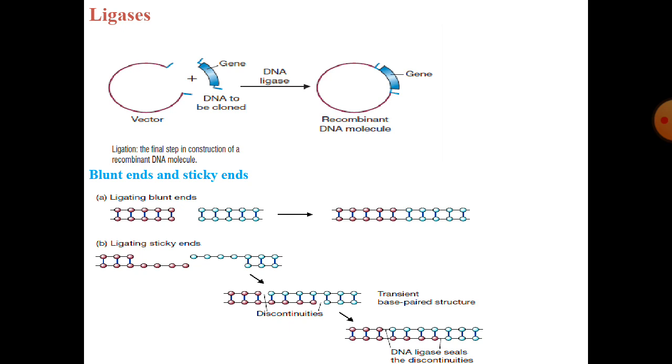In the previous slide, I told you the blunt and the sticky ends. What are these? Some restriction enzymes cut DNA fragments straight, like it cuts it equally, forming blunt ends. Like there are no residues. Equal cleavage is known as blunt end cleavage, and the resulting strands are known to have blunt ends. Whereas the sticky end is unequal cleavage.